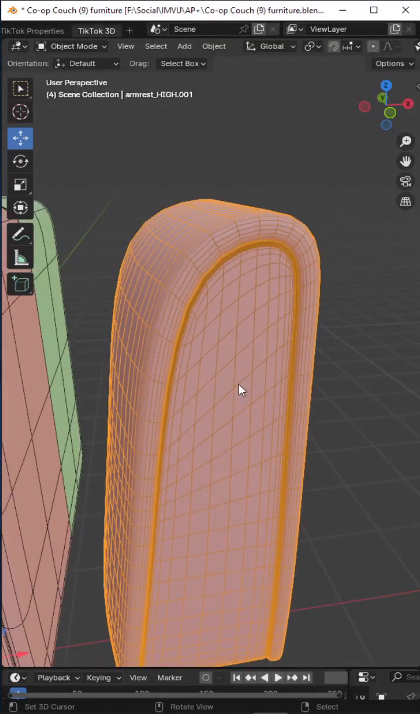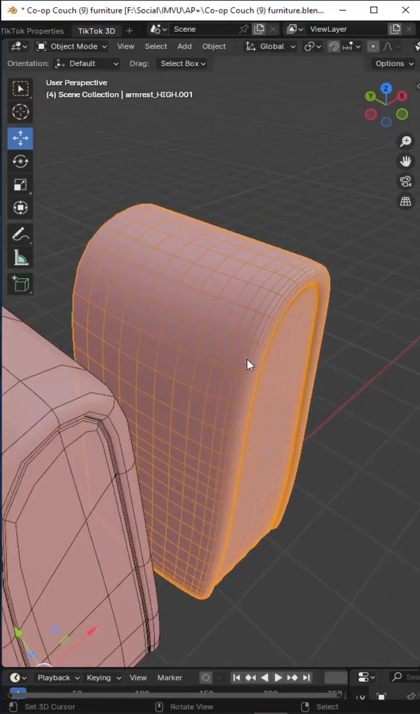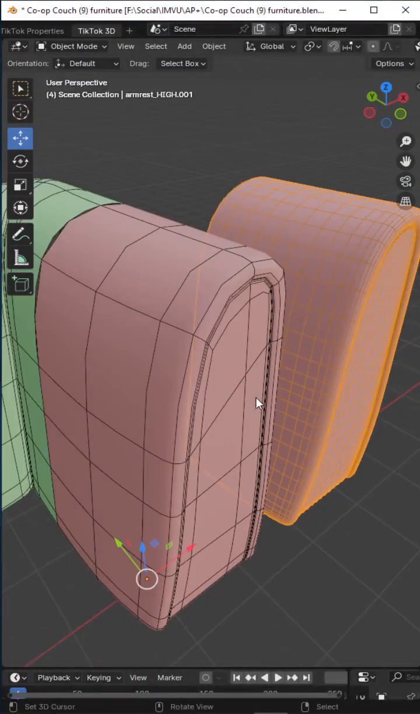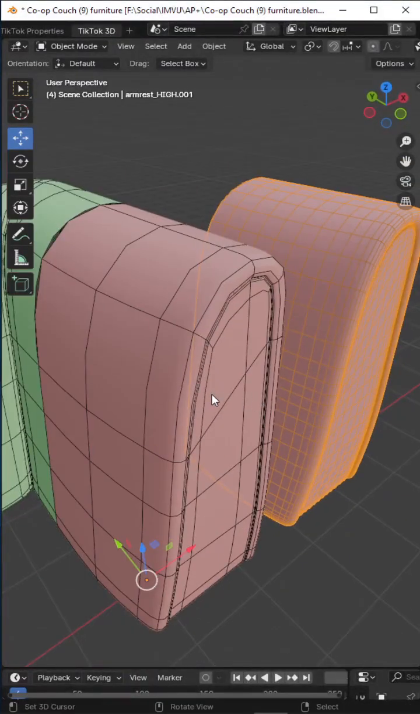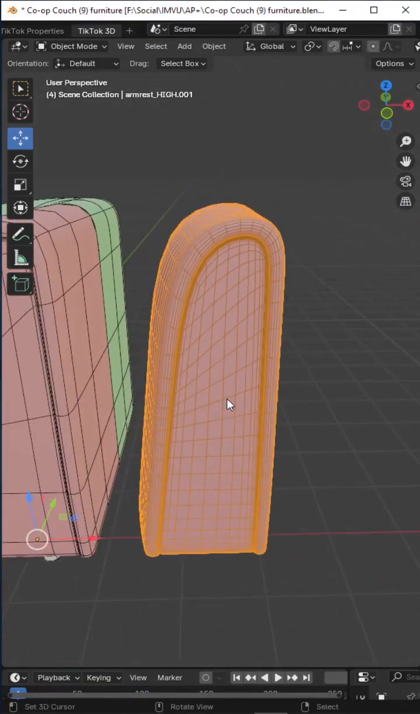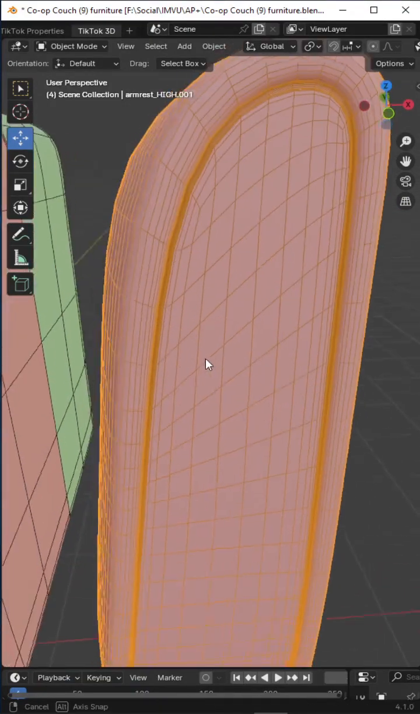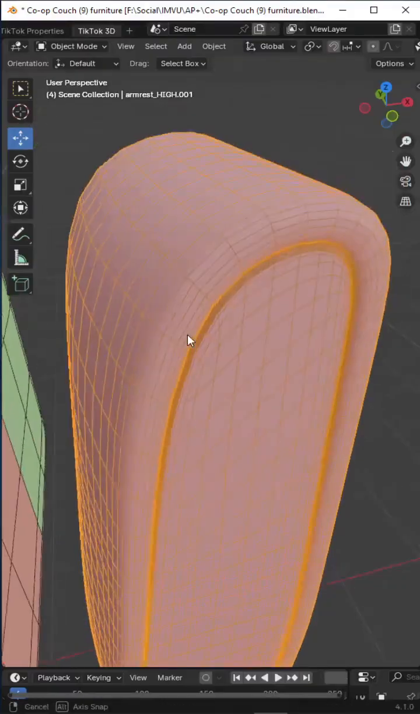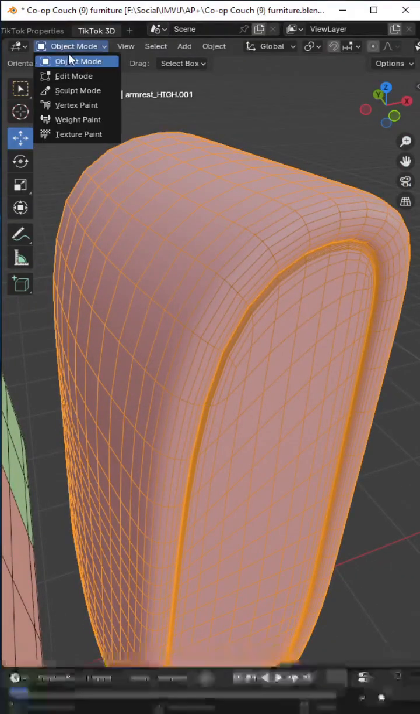But we have our silhouette. This is the important bit, because what we can do now that we have this, so that's our original and that's our duplicate with the subdivision surface modifier assigned to it. So what we can do now is simply go into edit mode